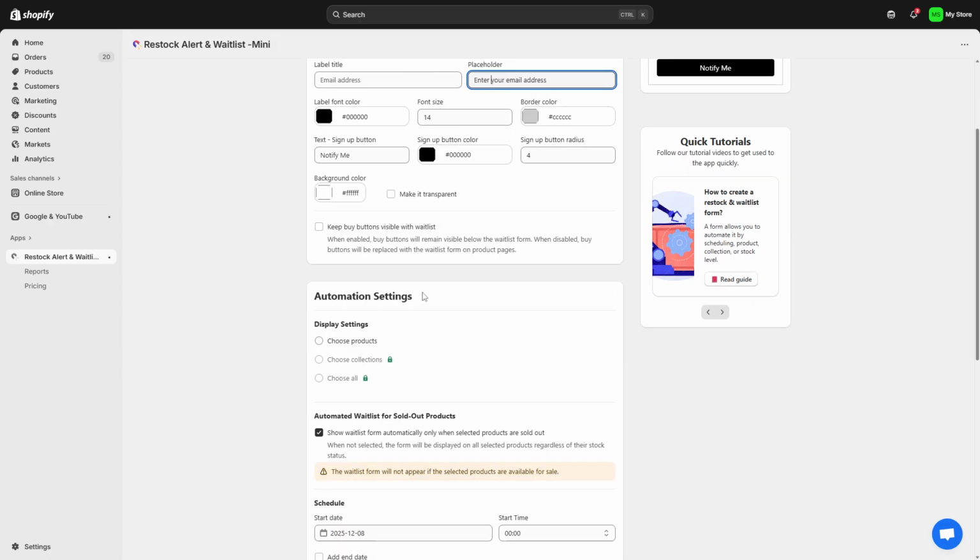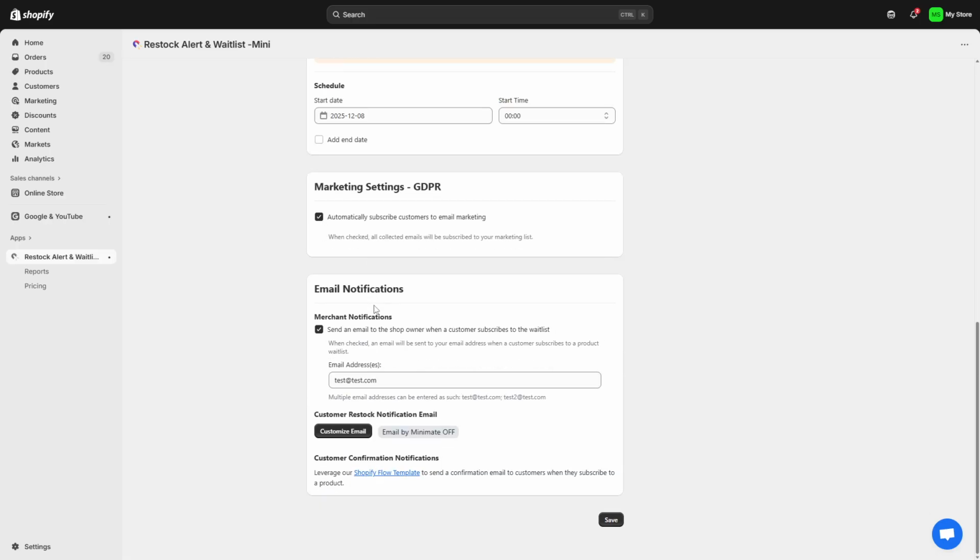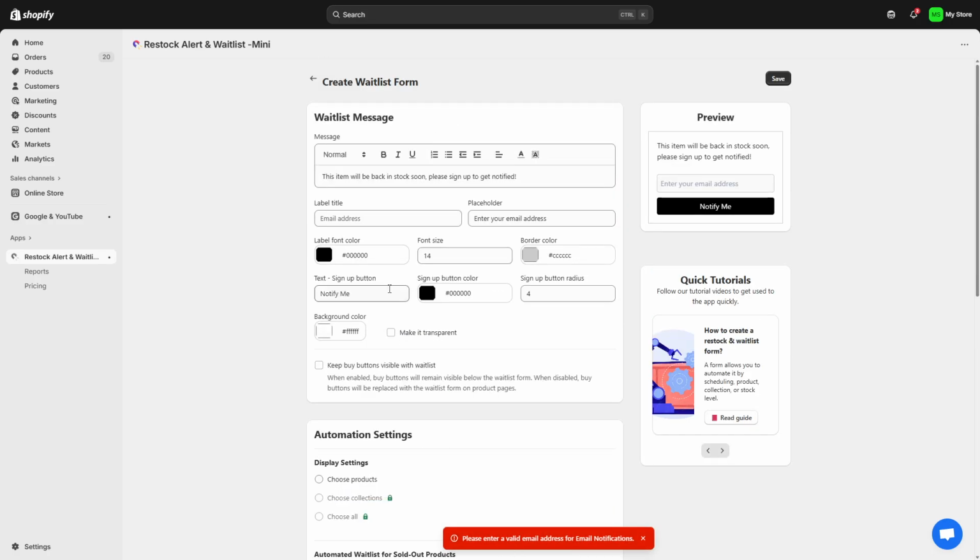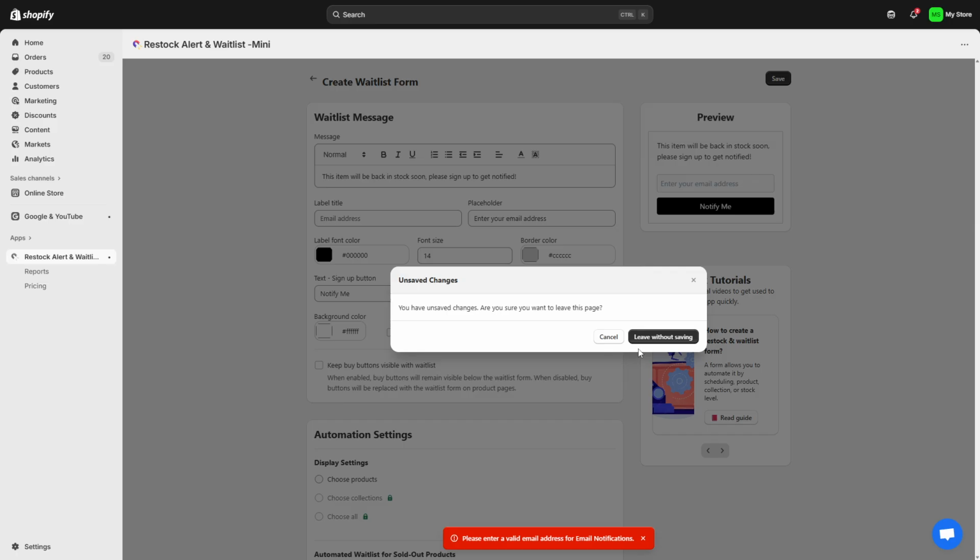Next, embed the waitlist form where you want it to appear. The app will usually provide code snippets and iframe, or step-by-step instructions to add the form to product pages or a dedicated landing page. If you're placing it on product pages, check how it looks on desktop and mobile to